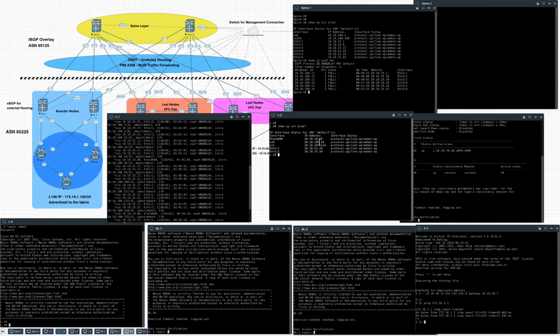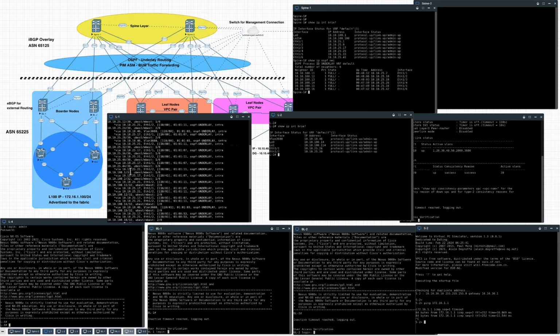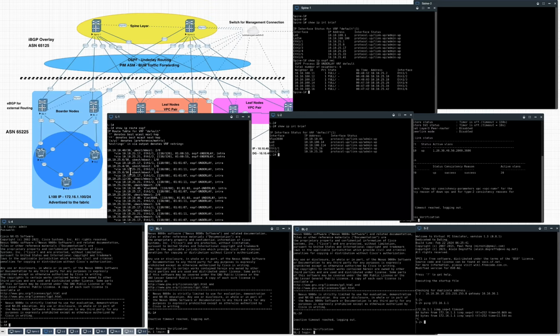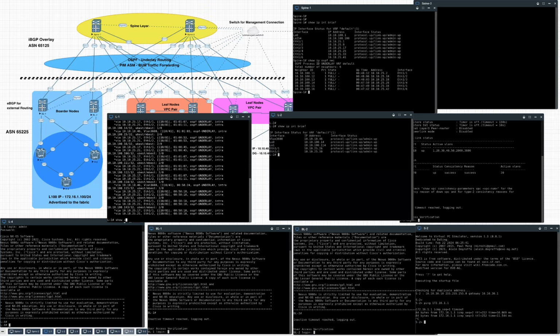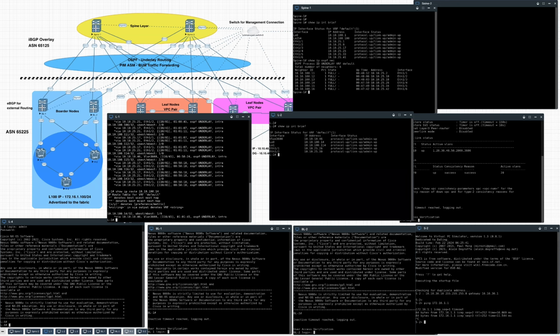This is the IP address of leaf two, and yes, we have reachability to the IP address of leaf two, which we do for all of them. So once we have actual reachability for all the loopbacks, then we should have